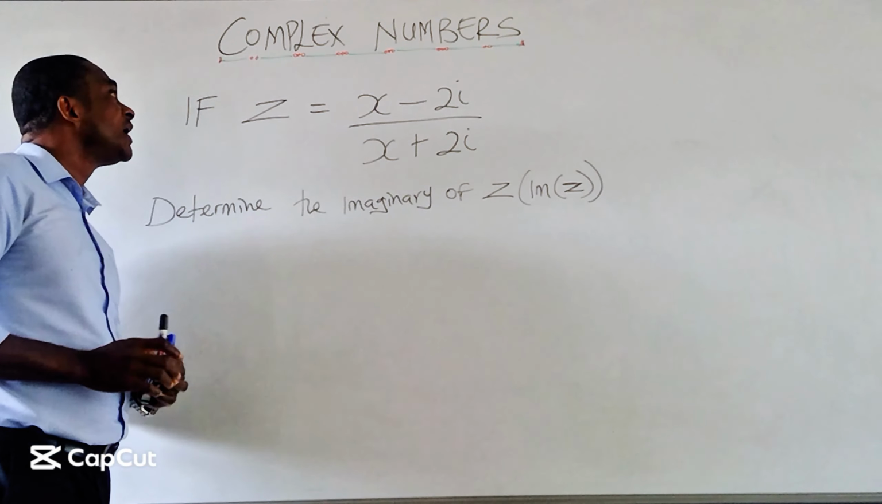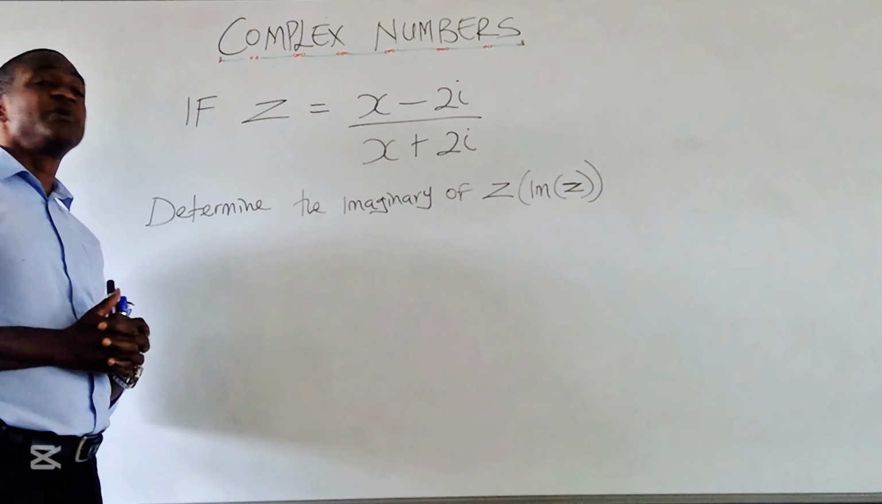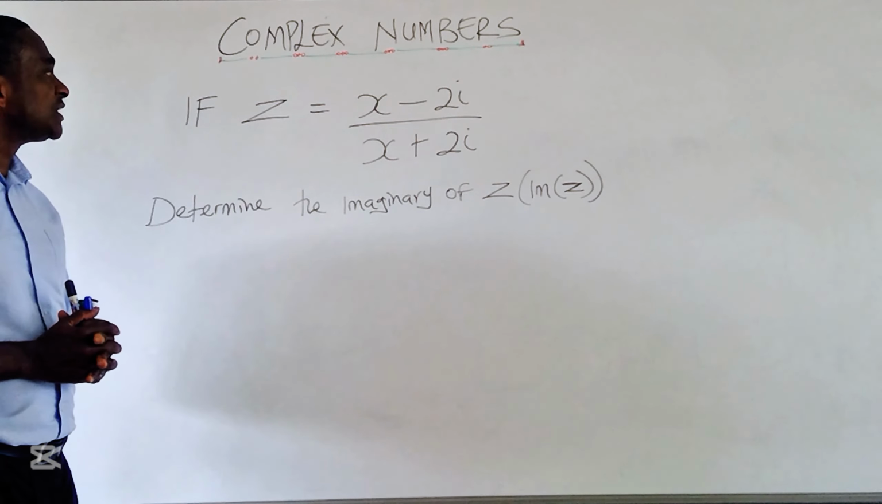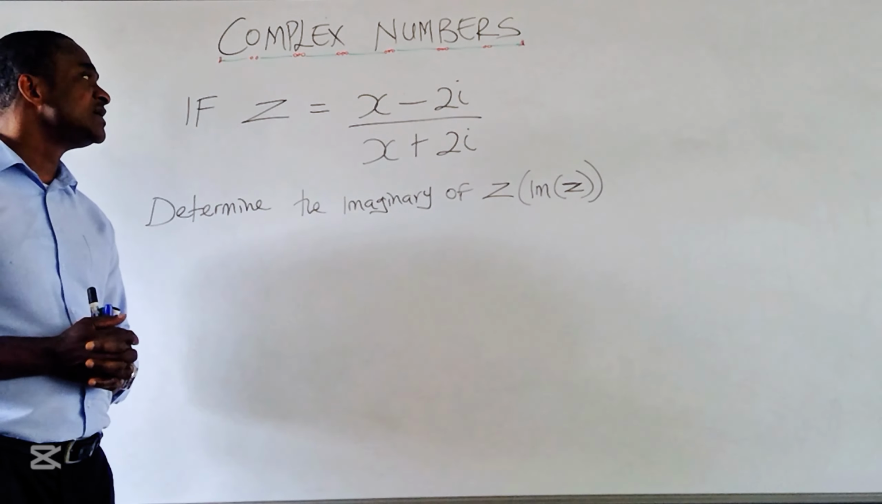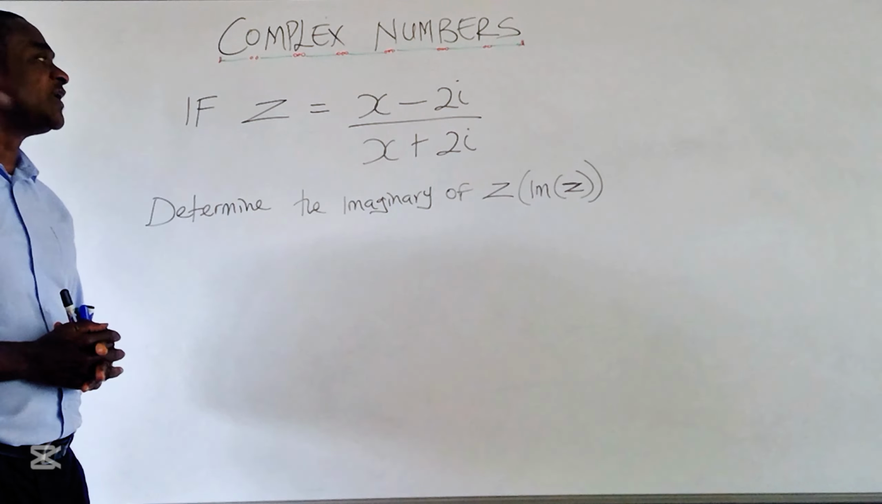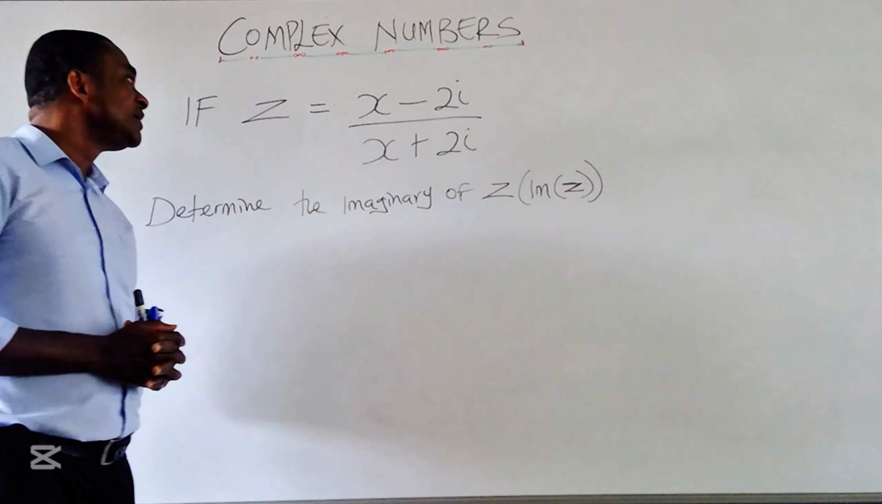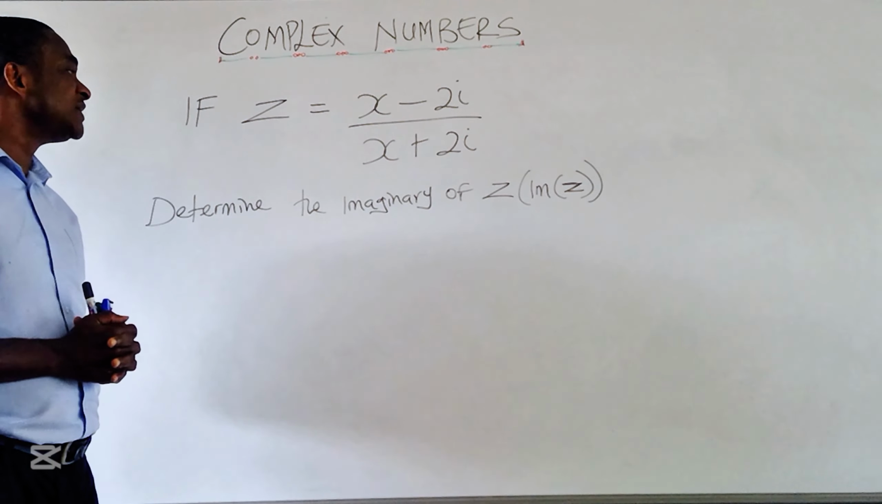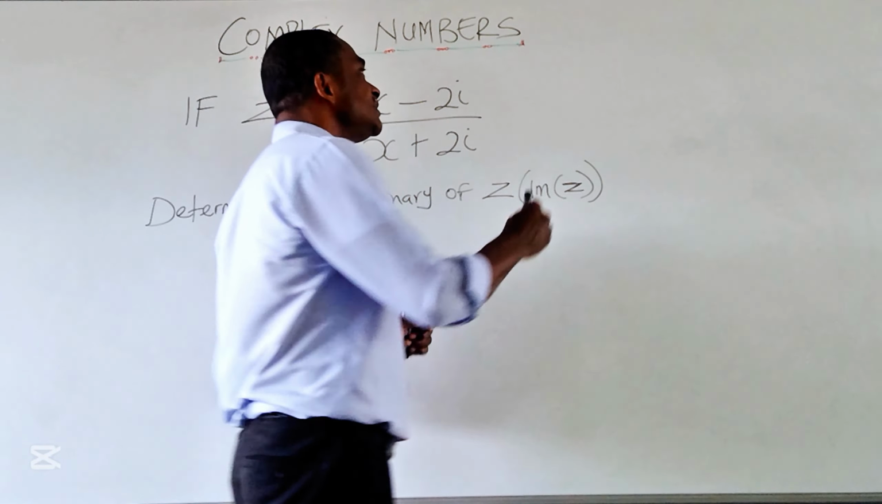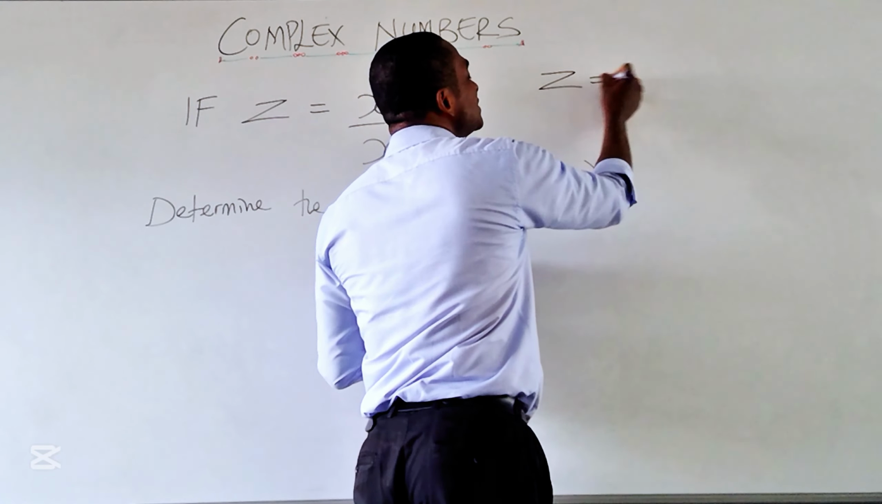Let's look at a problem of complex numbers here. We have this equation given. They are asking us, if z equals x minus 2i divided by x plus 2i, determine the imaginary part of z. One thing we need to remember is that a complex number is written in the form of